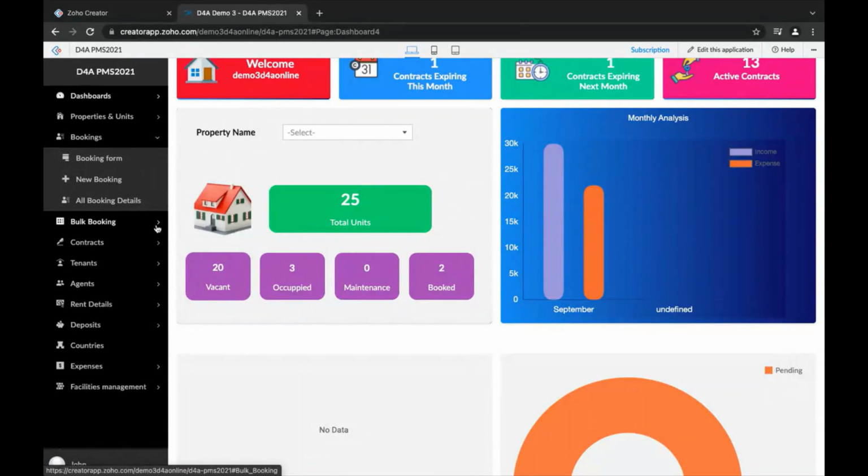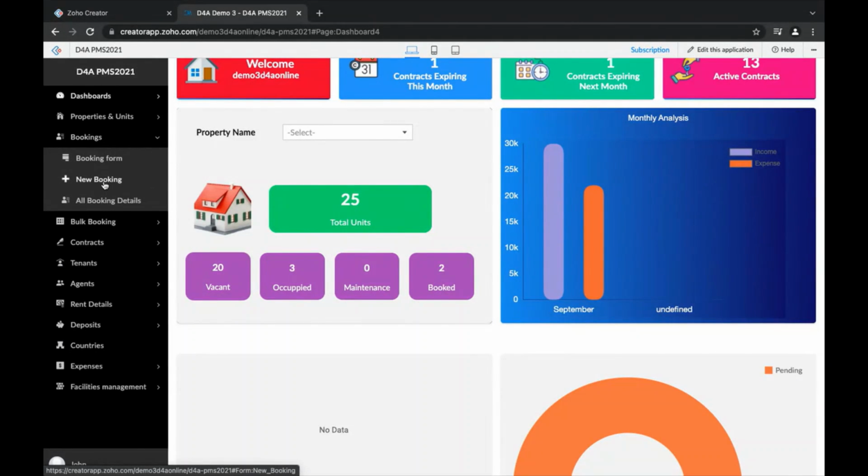And we have bulk booking also. In many cases, most property management software does not have this option. This is one of the pain areas which we came across from a lot of our prospects and customers as well. They weren't able to do a bulk booking. For example, an entire property that they want to let out to a contractor. That contractor will take care of the maintenance, or letting out individual properties, or creating contracts for these individual units. So it will be just a one-on-one contract for the entire property.